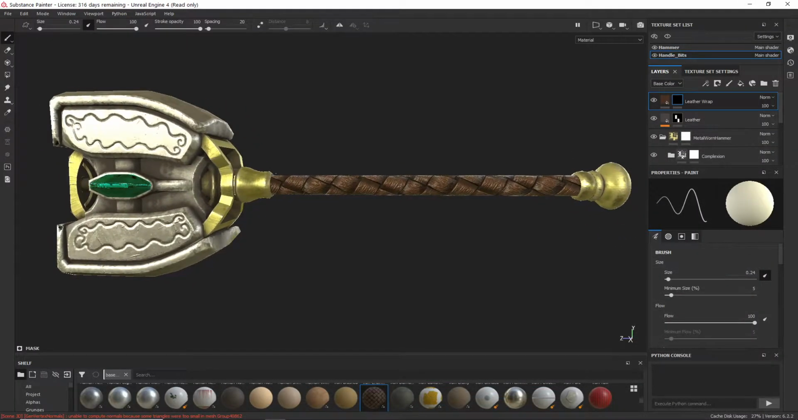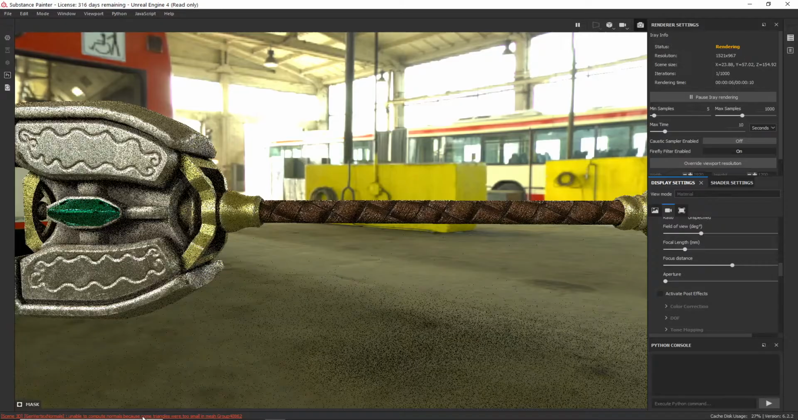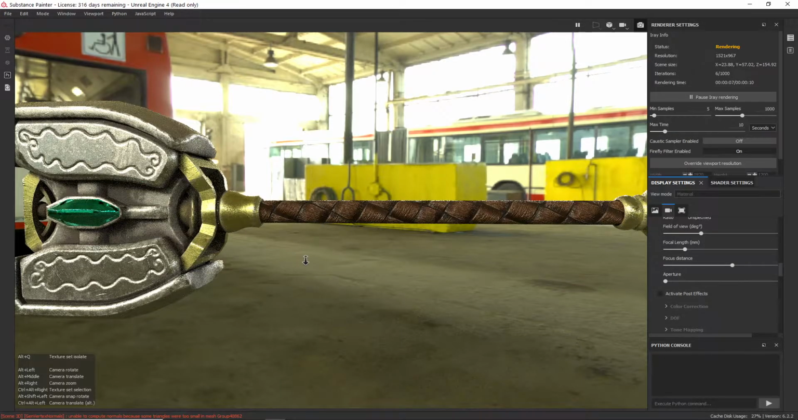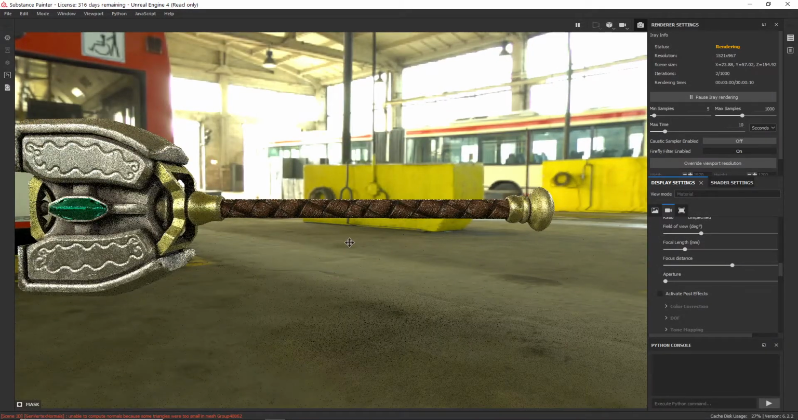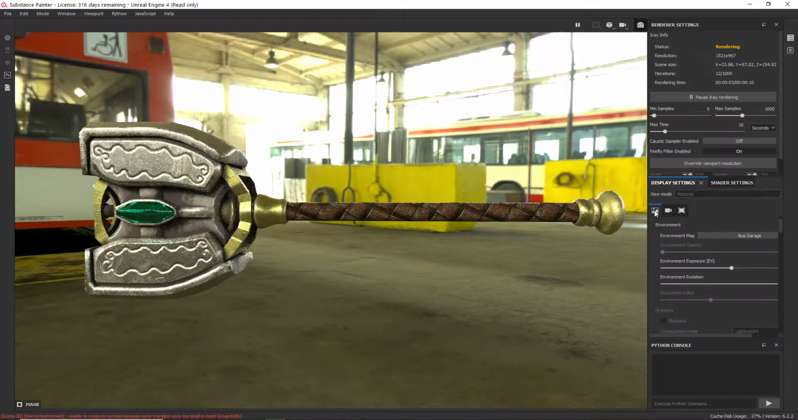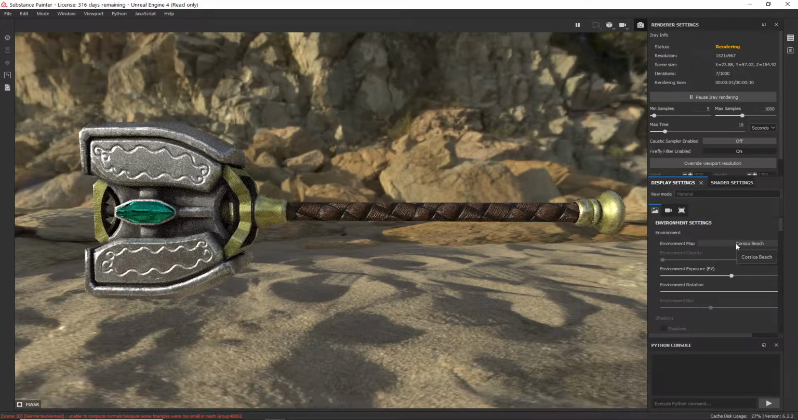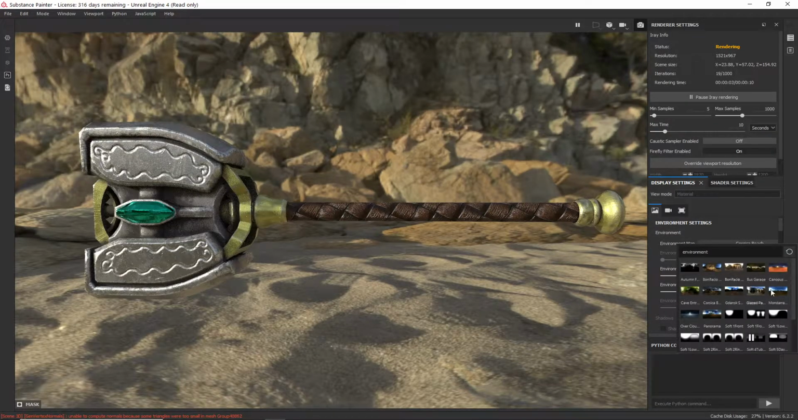So the rendering now, I think you just change the mode to rendering array. So at the end when you finish with your texturing and everything, we can change our environment. Of course, a beach, for example,